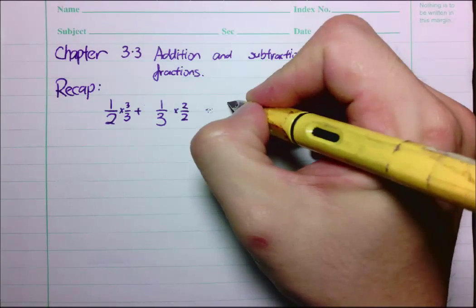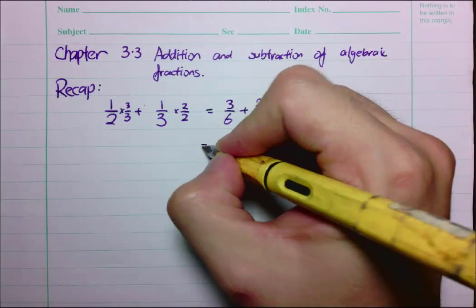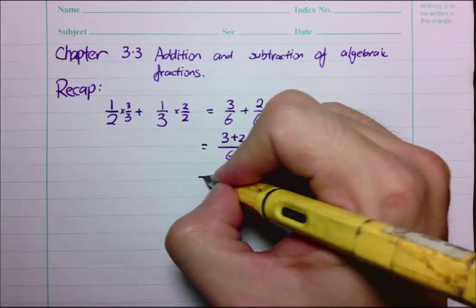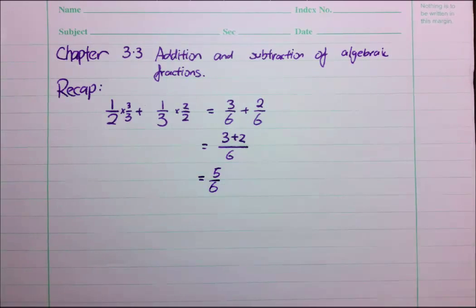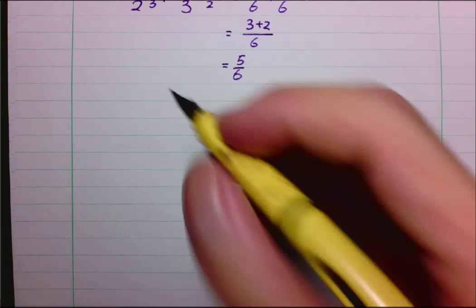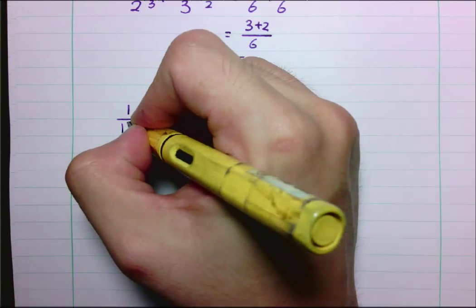So what you get is 3 over 6 plus 2 over 6. Then you can combine the two fractions to give you 3 plus 2 over 6. You get 5 over 6. Similarly, let's say we have